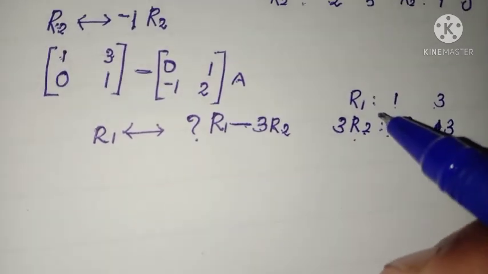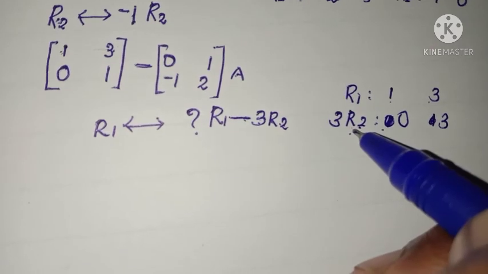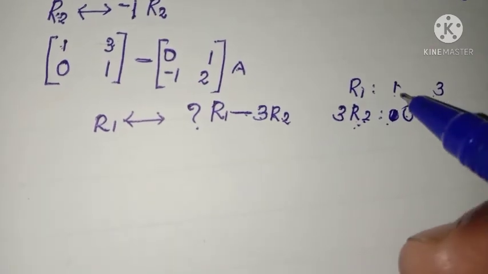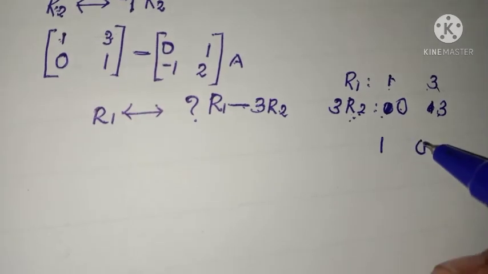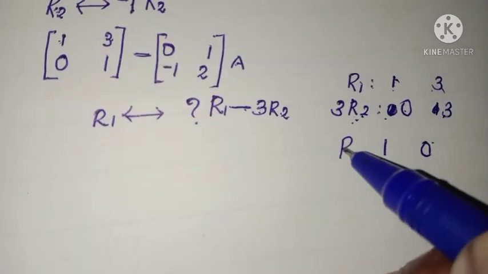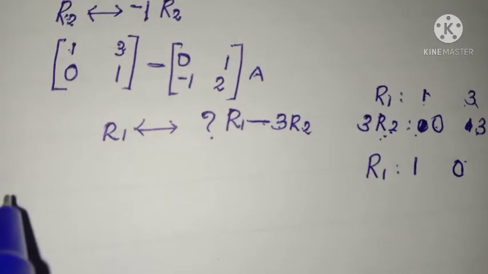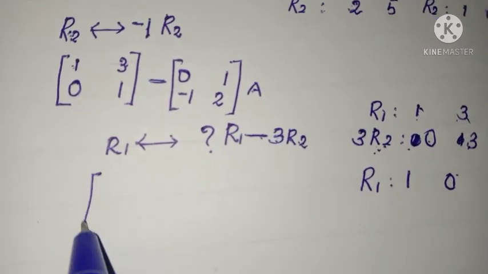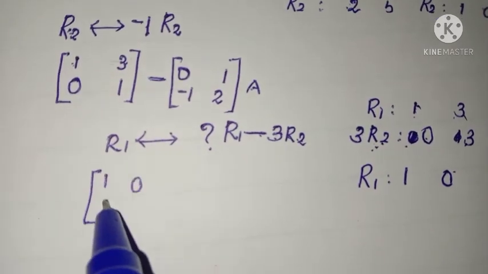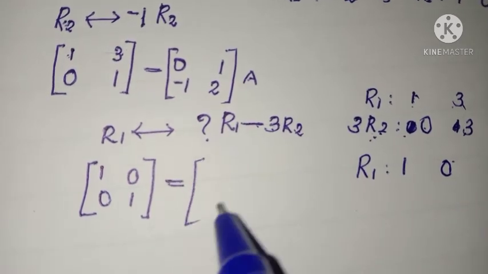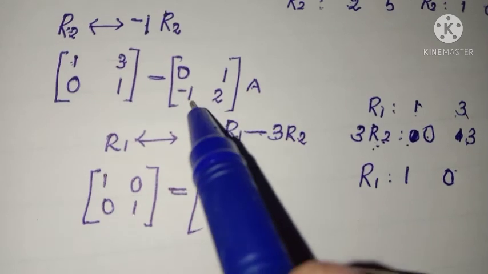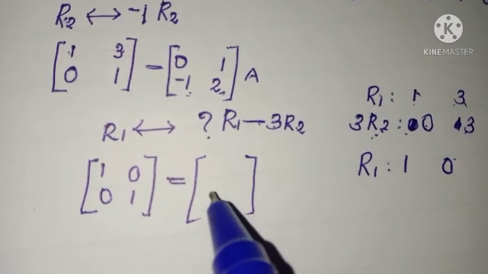Now subtract R1 minus 3R2. So this becomes 1 minus 0, 1. 3 minus 3, 0. This is our new row R1. So this becomes 1, 0, 0, 1 equal to,